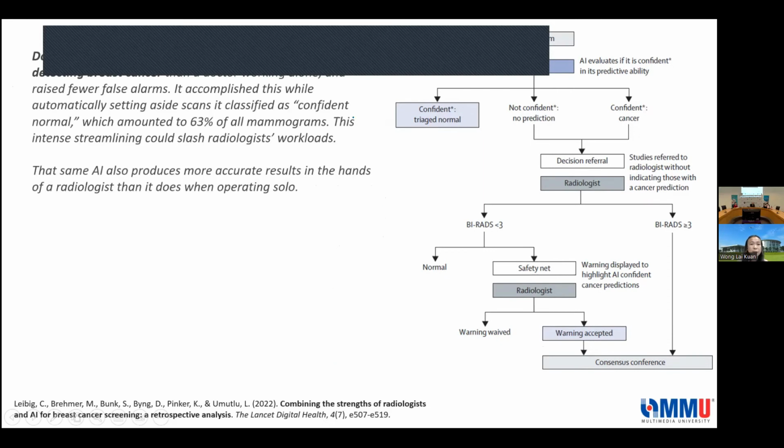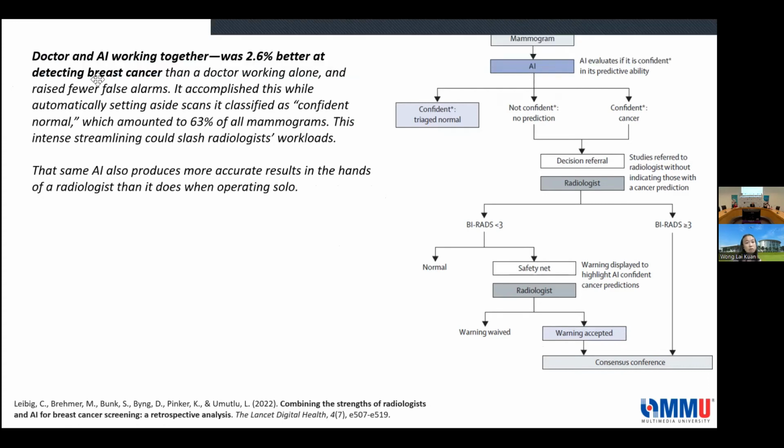And some interesting opinion on this. So in conclusion, what it says is that if doctor and AI work together, it was actually 2.6% better at detecting breast cancer than a doctor working alone. And it raised a few alarms. It accomplished this while automatically setting aside scans classified as confident normal, which amounted to 63% of the mammograms. So this is actually an intense streamlining that could help to reduce the radiologist's workload, because